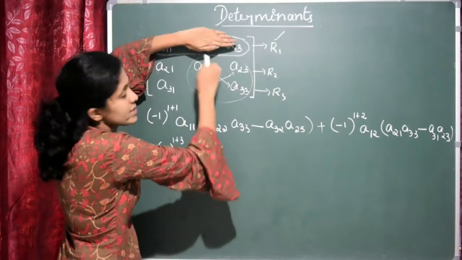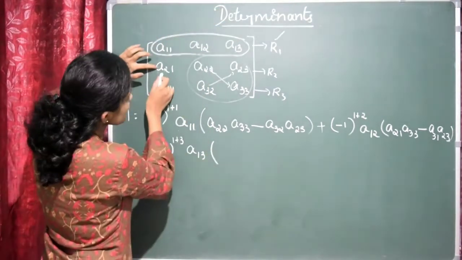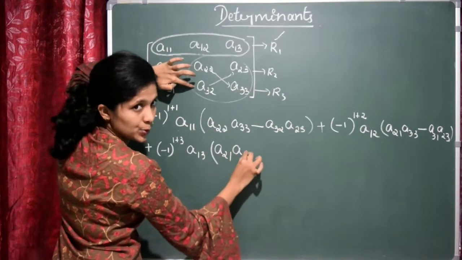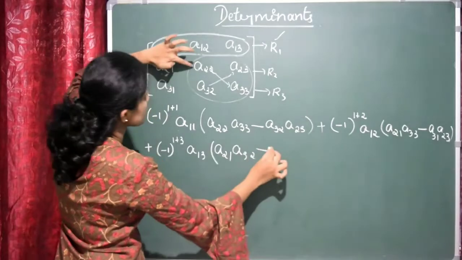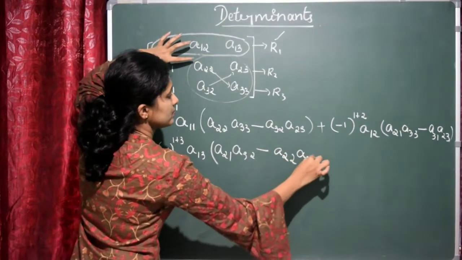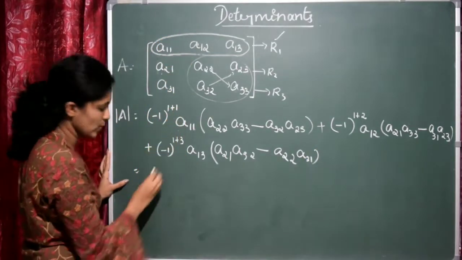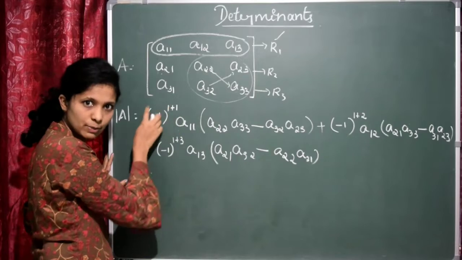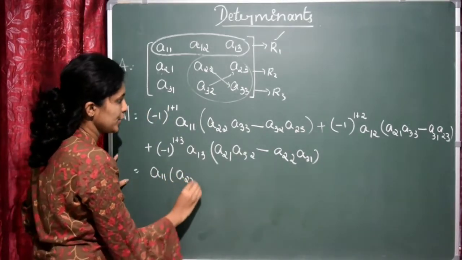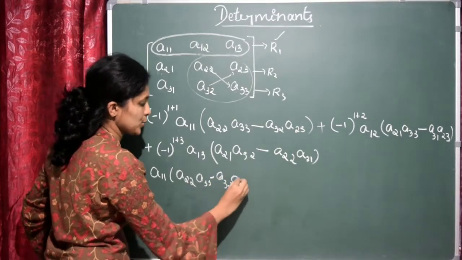Here 4 elements are there. You have to find the determinant of this one. That is A21 into A32, right? A21 into A32 minus A22 into A31. Is it clear? Now this will be equal to minus 1 to the power 1 plus 1. That is 2, right? This will be now positive. Directly I can write A11 into (A22 A33 minus A32 A23).